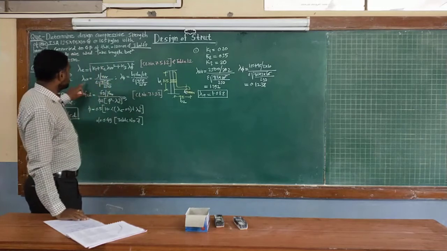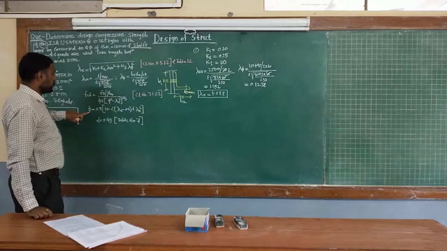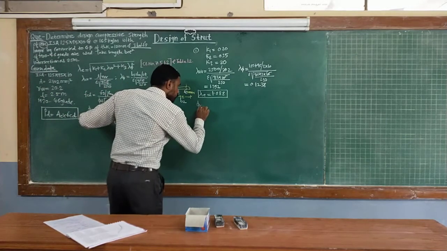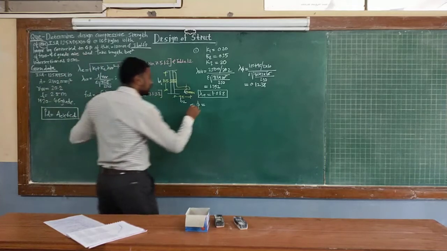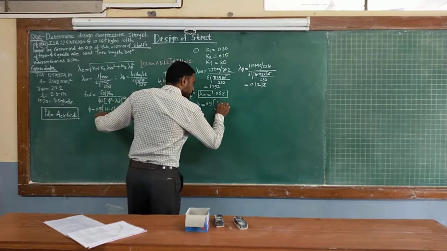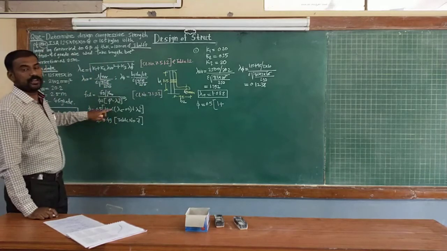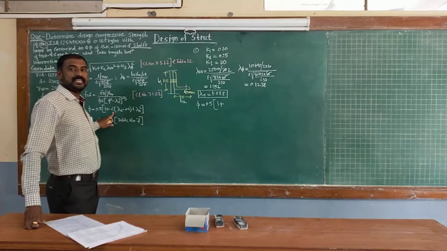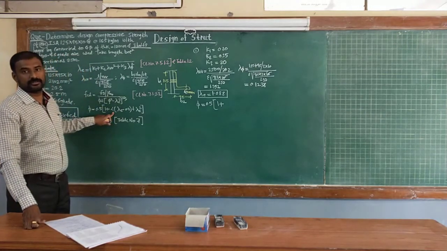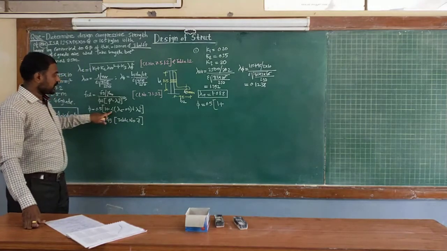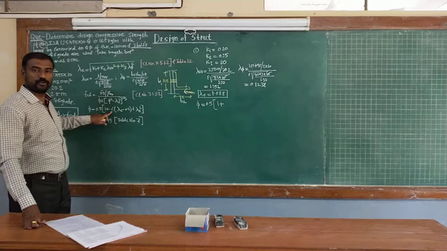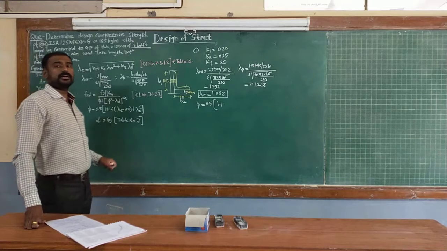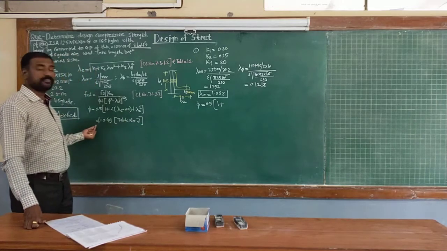Now, after lambda equivalent you are required to calculate the phi value, because lambda equivalent and phi values are both required. So directly I am writing the phi value, which is given as 0.5 into bracket 1 plus alpha value. Now the alpha value is the imperfection factor. As we have seen, there are 4 classes of cross sections, that is A, B, C, D, according to the European buckling curves. The alpha value is classified according to your sections, and 4 values are given, A, B, C, D, imperfection factor, in table number 7. So for buckling class C, that is angle sections, the value of alpha is 0.49.